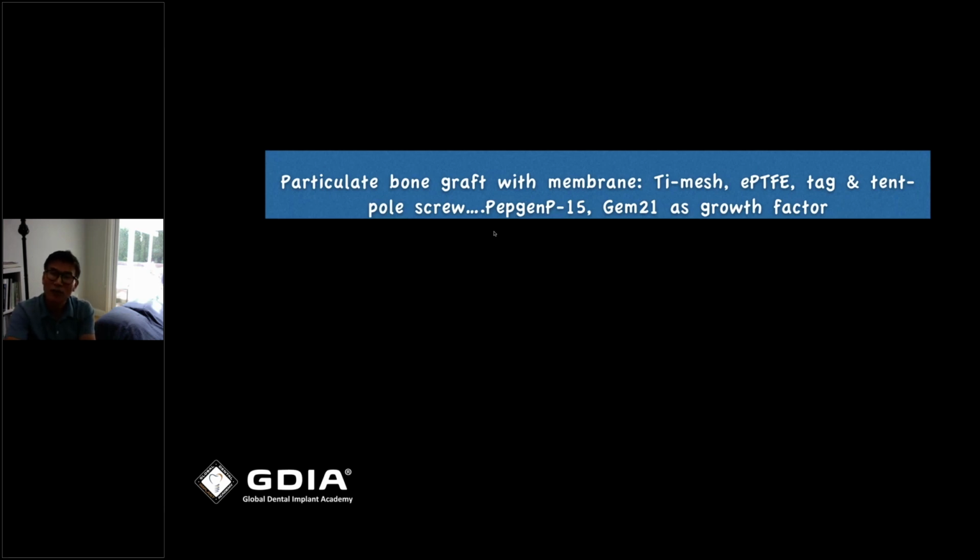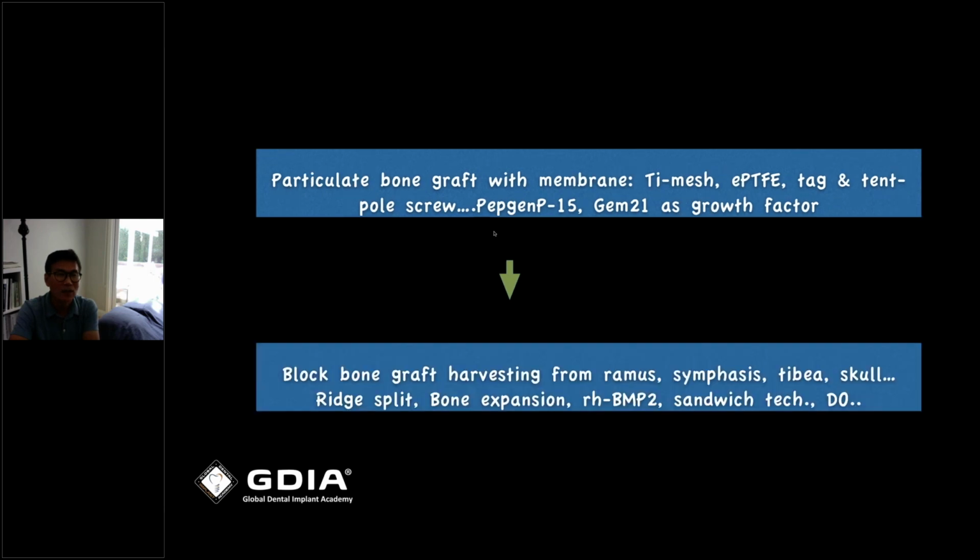Titanium reinforced PTFE, Gore-Tex, or just Teflon, and then tags, and the tenting pole screw, Pepton P15, Gem 21 as a growth factor. And then, of course, block graft and harvesting from the ramus, symphysis, tibia, skull, ridge split, bone expansion, BMP-2, sandwich technique,